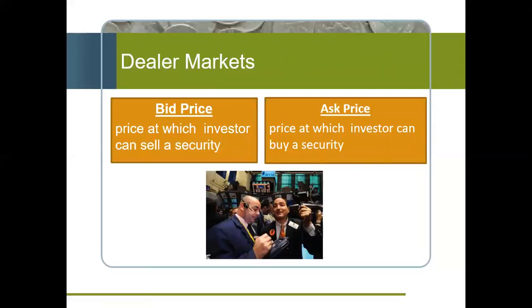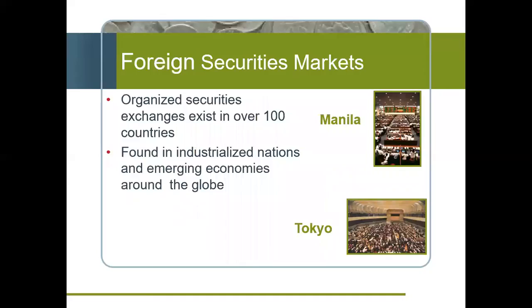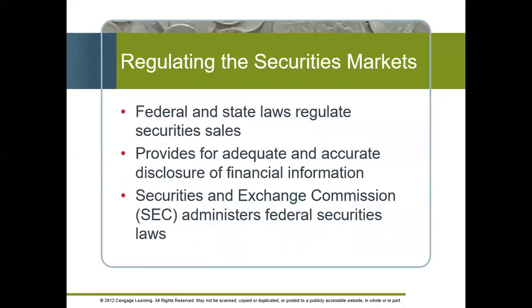We talked about bids and asks. Bids are what we want to sell a security at, and ask is what we're willing to buy a security at. And when those bids and asks match up, that's when the trade actually happens, right? But really, it just happens in real time because there are so many people at any given price willing to go. There are lots of organizations. The most well-known is the New York Stock Exchange, but there are over 100 exchanges. So there are a lot of different exchanges. Most developed countries, and even some third world countries, have stock exchanges.